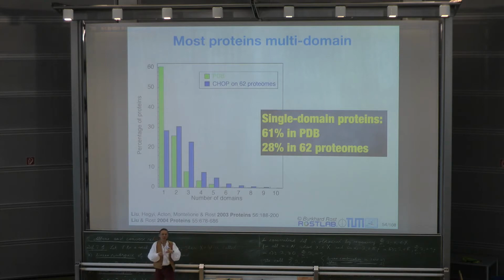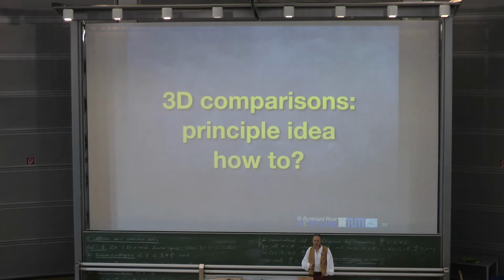And then do we find anything else for which we have some evidence that it looks like a domain? I cut that out. This is why the method here is called chop. I chop the protein into fragments that I convince myself look like domains because of a variety of reasoning. This is not very simple. The idea is very simple, but the idea that you had is essentially exactly behind it. Okay, so